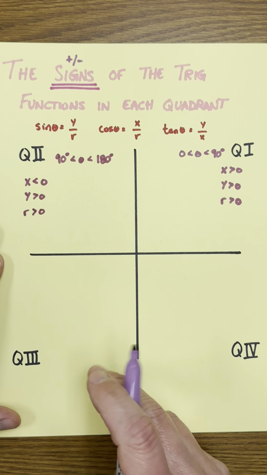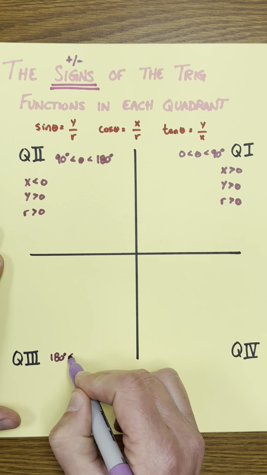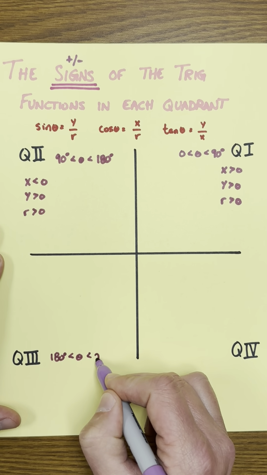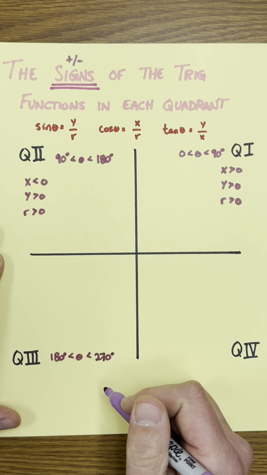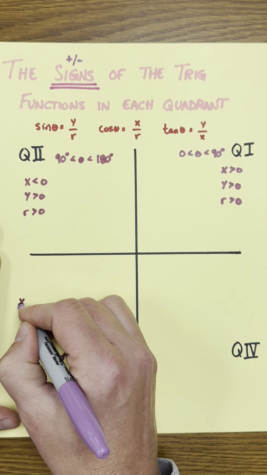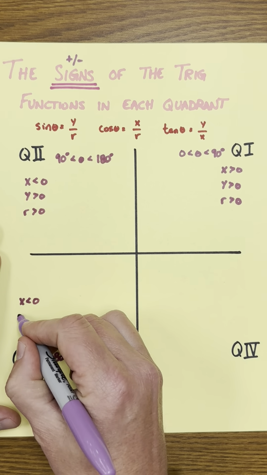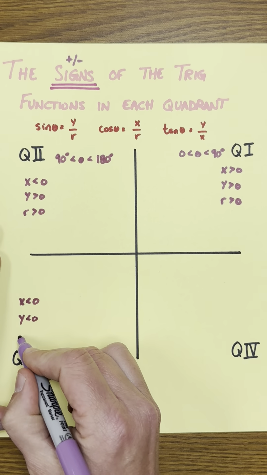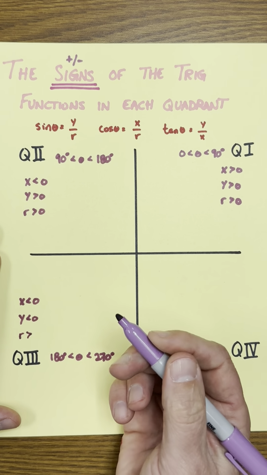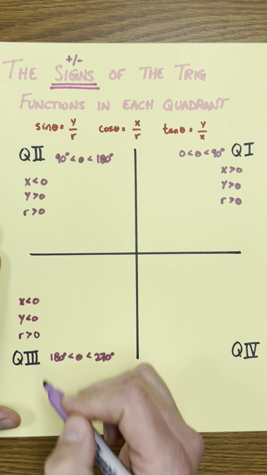In quadrant number 3, down here, our angles are between 180 degrees and 270 degrees. Here, the x value, we're going left, so the x is less than 0. We're coming down, so the y value is less than 0. And the r value, which is still the radius of a circle, that's still going to be greater than 0,